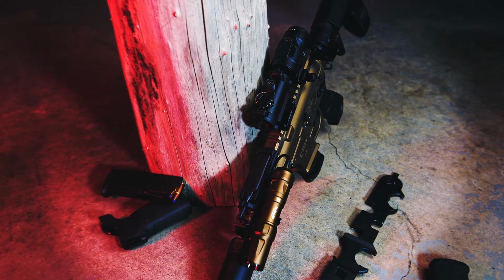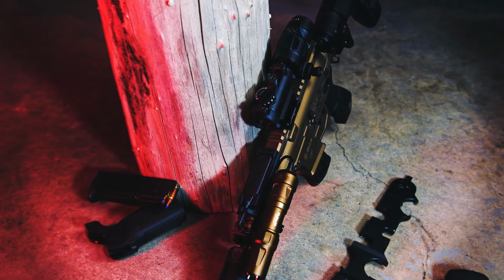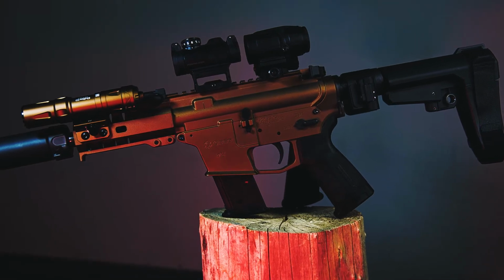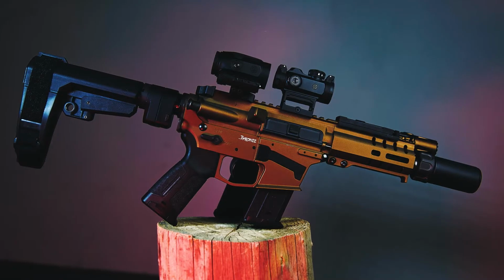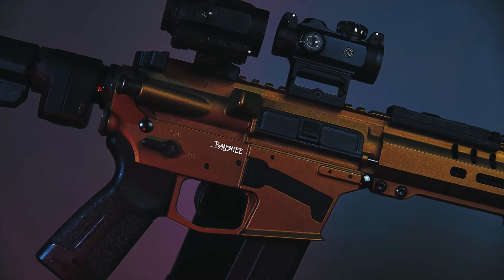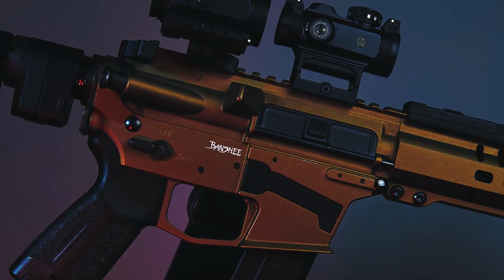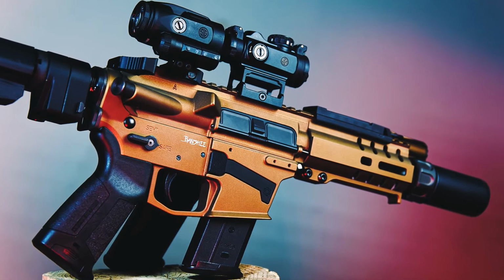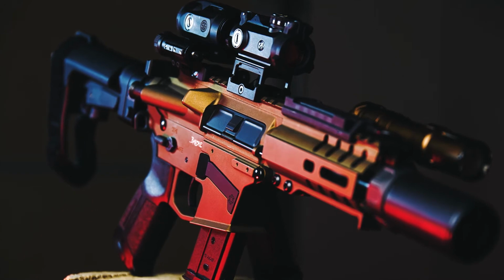Alright, let's talk about platform specs. This is the Mark 57, caliber 5.7x28mm FN. The operating system is a radial delayed blowback system, which makes this one of the flattest shooting rifles you will fire. The barrel length on this specific version is 5 inches with a barrel twist of 1:9. Both the upper and lower receivers are forged